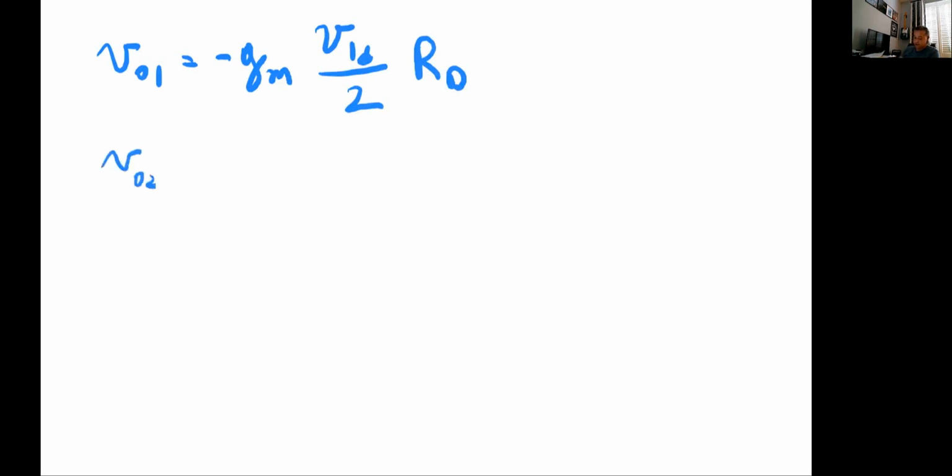And then similarly for transistor 2. Now, the way that we have defined the VGS and the differential input is such that the voltage at the drain of transistor 2 is going to have a positive sign, because it's going to be negative and it's going to get a positive sign from the negative that we normally get at the drain of a common source. So that's going to be plus GM